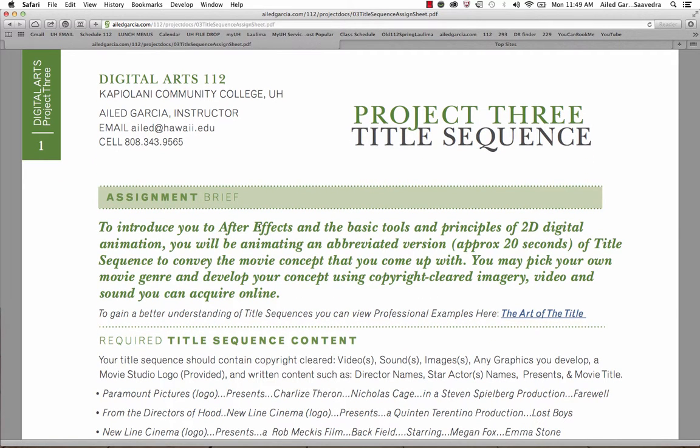So to introduce you to After Effects and the basic tools and principles of 2D digital animation, you will be animating an abbreviated version, approximately 20 seconds, of a title sequence to convey the movie concept that you come up with. You may pick your own movie genre and develop your own concept using copyright-cleared imagery, video, and sound that you acquire online. Okay? To gain a better understanding of title sequences, you can probably look at some professional examples